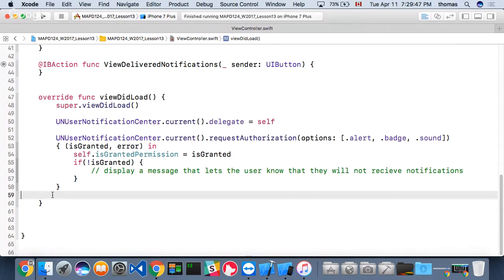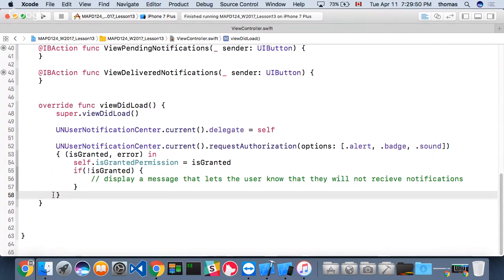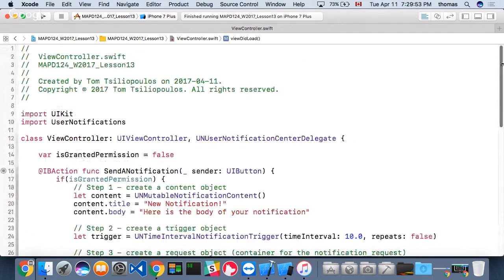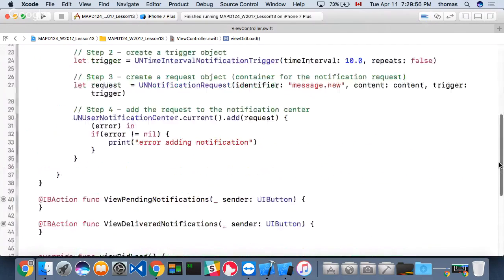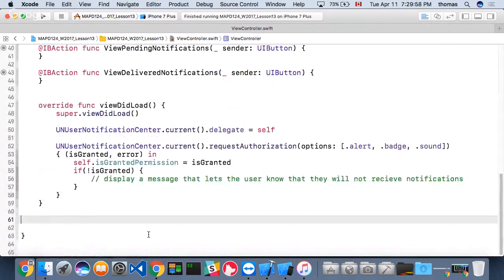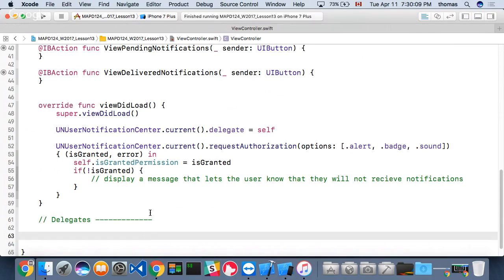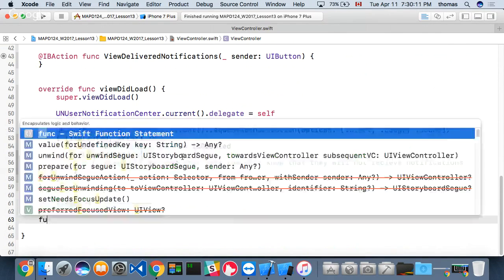remember, once we add that protocol in place, that it's a delegate, this is a protocol up here, we need to have at least one of the delegate functions in there. So what we're going to call this is our delegate area. We can have more than one delegate function in here. Maybe we only have one right now. And one of the delegate functions that we're going to use is a function that we're going to call